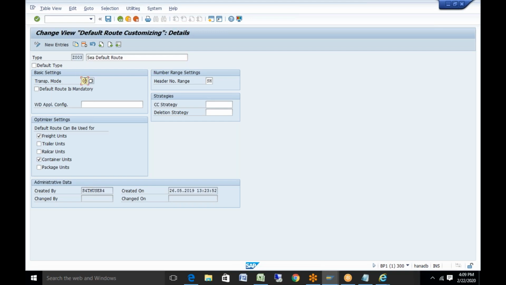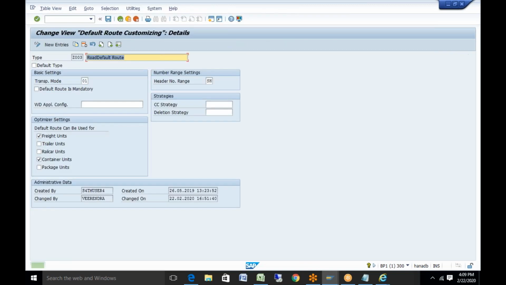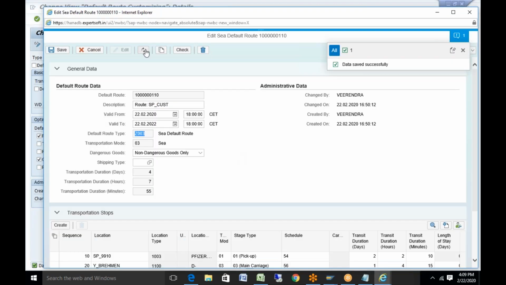I change this to 1, so my default route is, for example, 1. This is my road. I'll just change this now, and I'll remove the schedules also.